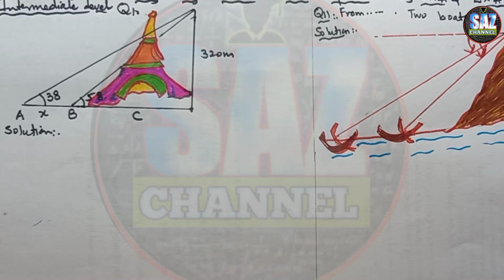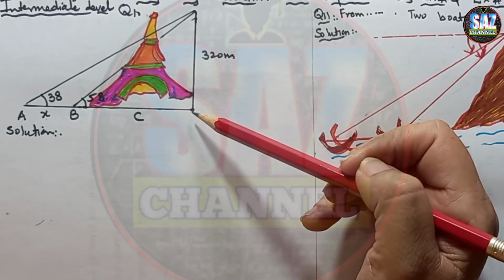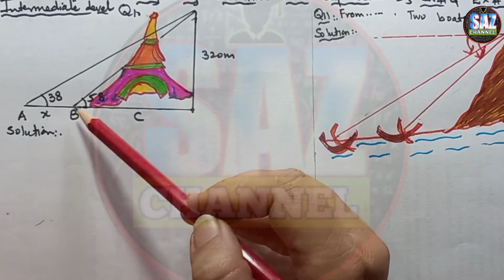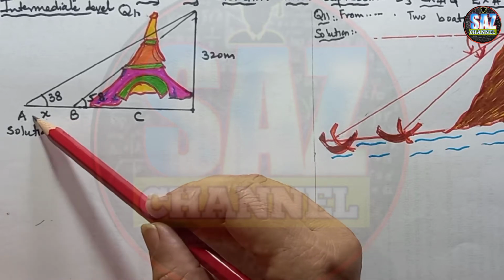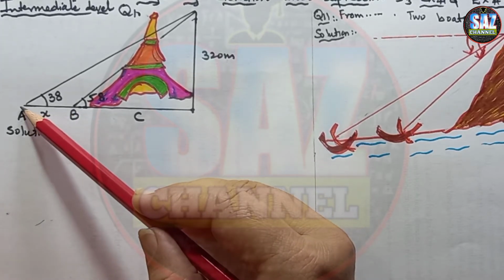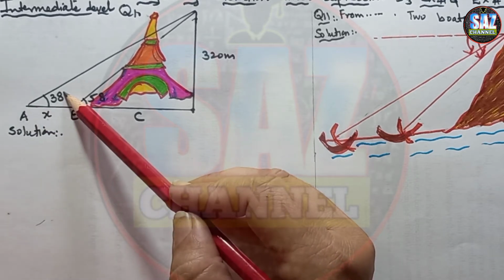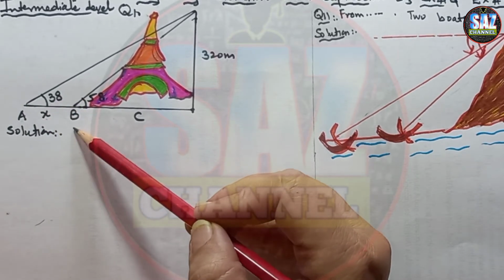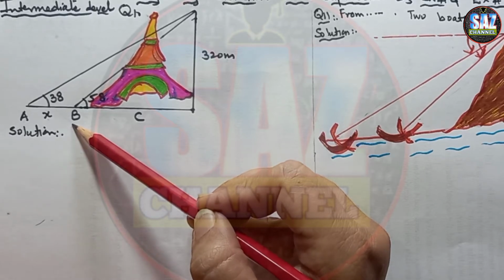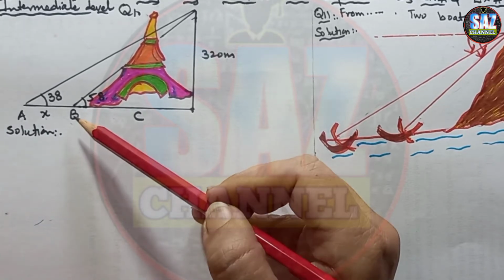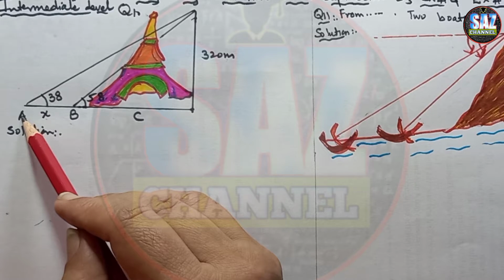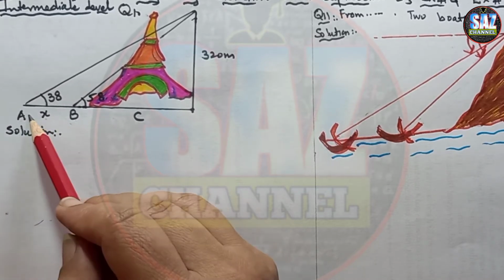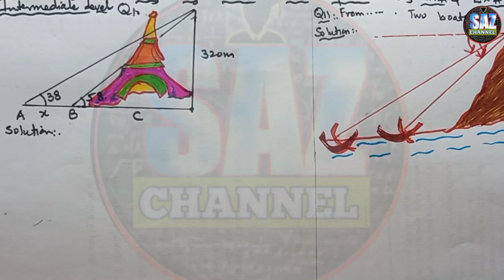Okay, now in this question, we're given the height of this tower and we are given two angles of elevation, and we have to find the distance between these two points which are on the base level. When Kate was standing at point A, the angle of elevation was 38 degrees. When he was standing at point B, the angle of elevation is 58 degrees. Okay, and now in order to understand how to find the value of this AB length or distance between two points, we can see that basically we are given two right triangles.